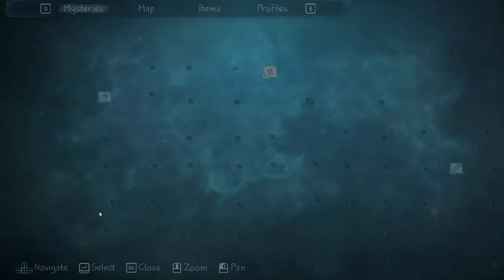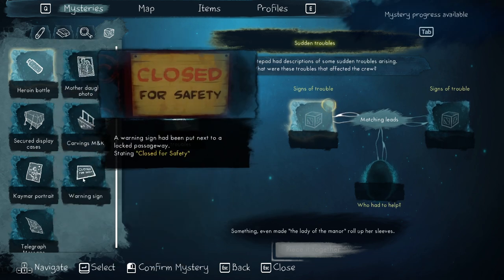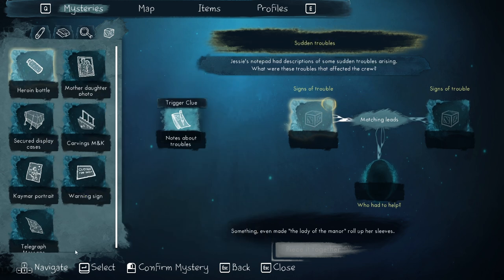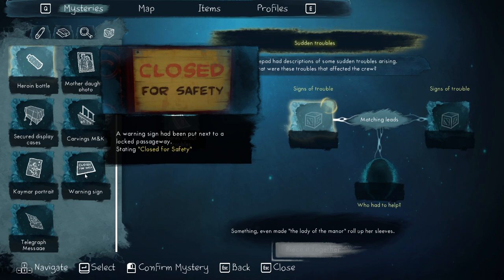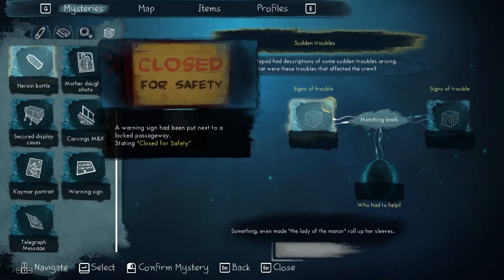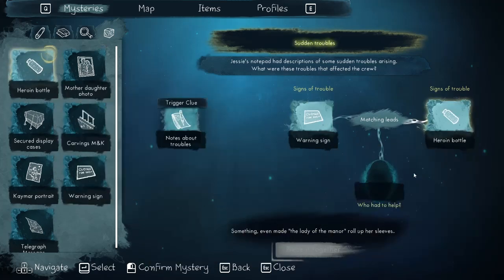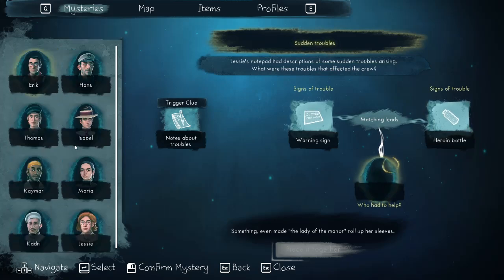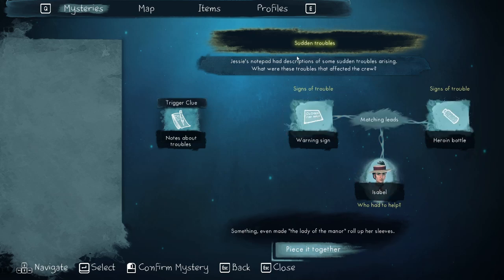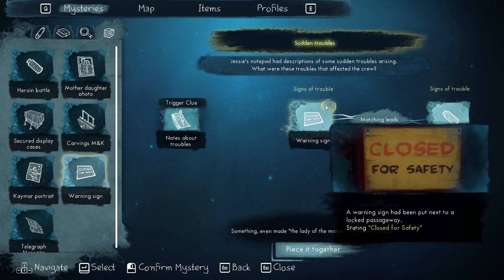New clue, notes about troubles. Oh, which could go with this. Oh, well now it's like added stuff to it. Signs of trouble. Jesse's notepad is a description of some sudden troubles arising. What were these troubles that affected the crew? Okay, so this is a different one. Maybe the warning sign? Does that count? In the bottle? Who had to help? Isabel. That doesn't add up. Okay, so we might not have all the stuff for that one yet either. Although this turned gold as well. Oh, so sudden troubles. I must have it then, but...